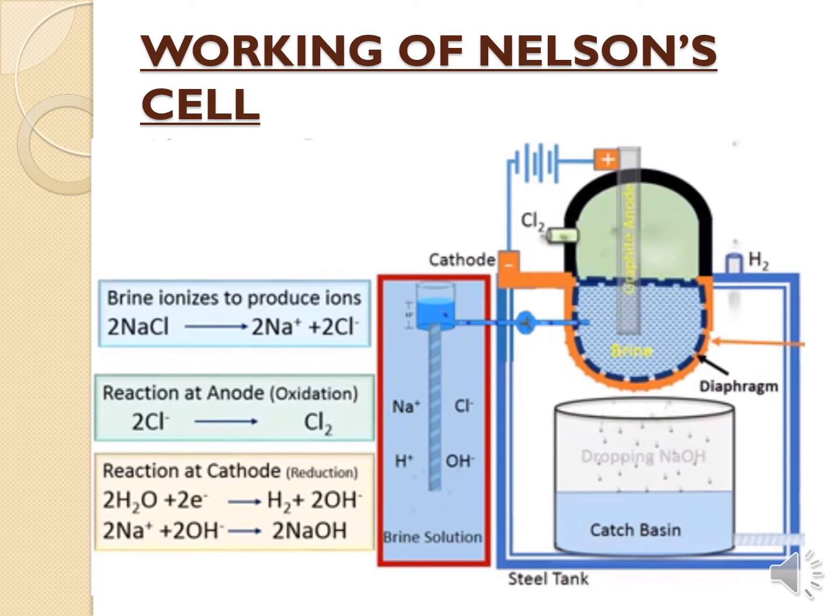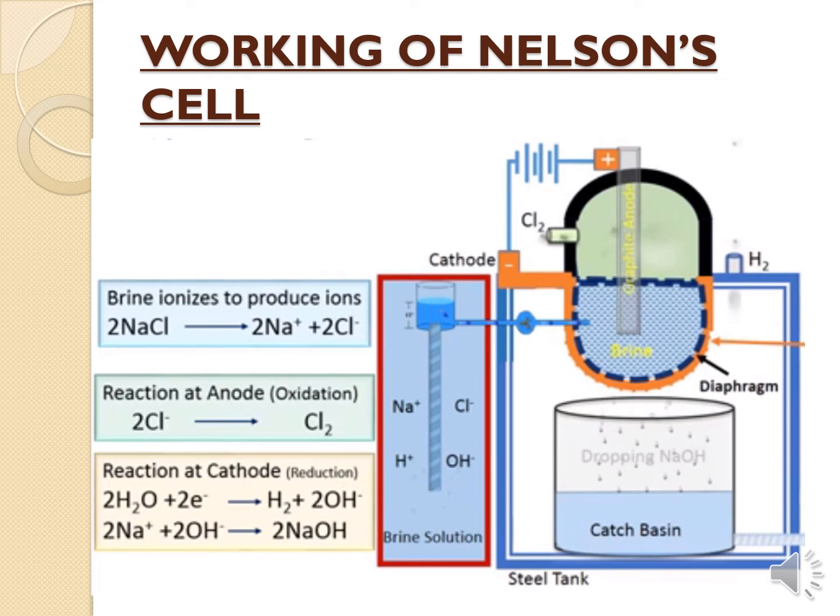And we have two positive ions, sodium ions and hydrogen ions. Of these, only hydrogen ions will move towards the cathode, and they will gain the two electrons coming from the anode and convert into hydrogen gas. The hydroxide ions are still in the solution, and the sodium ions, the positive ions, will remain in the solution as well. The reaction at the cathode is shown here.